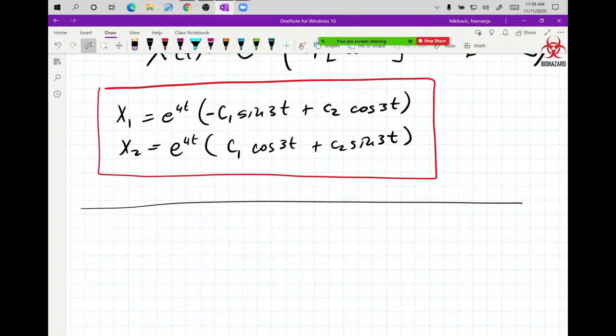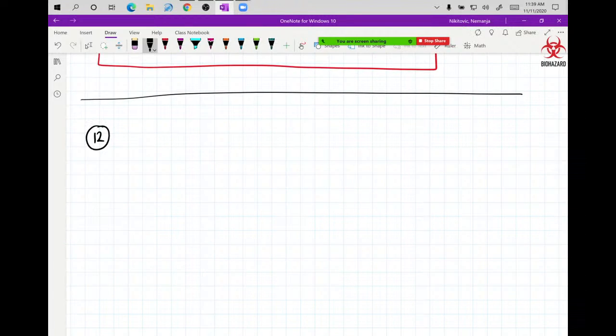So now, let's go and take a look at another problem. I'm tempted to actually go into homework and just randomly pick an example and just hope that it's complex. Let's do that. I don't know. Let's try 12. I really don't know. So we have x1